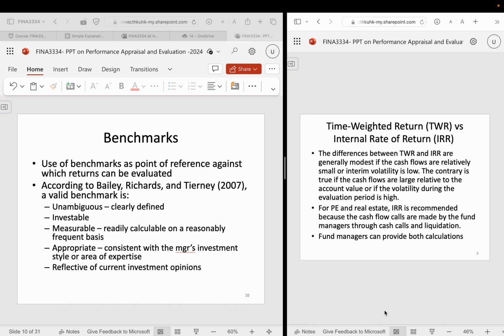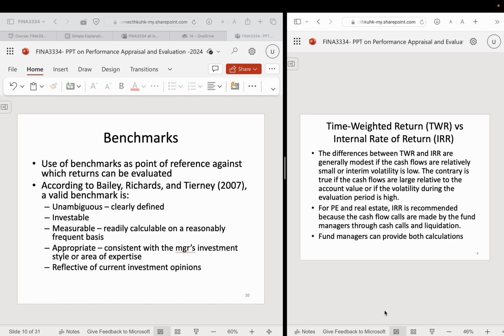In that case, if the client blames me for why my performance is worse than the 50-50 benchmark, you can say that it is because you wanted some home bias. Unless you change the home bias, I will not invest in the Hang Seng Index. Or if I'm the manager, despite the client wanting a home bias, I still do not invest in the Hang Seng Index because I have a strong view that it is bad, so I will outperform the benchmark by giving the client a high return. This comes through a negotiation or discussion with the client, but make sure the client understands where it comes from. Otherwise, you will never be able to compare apples to apples.